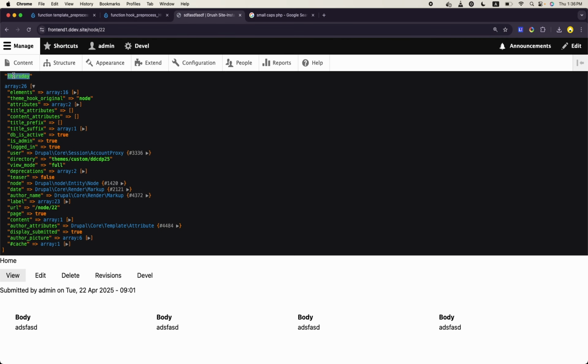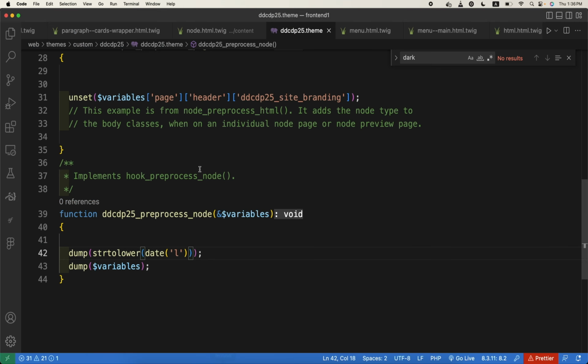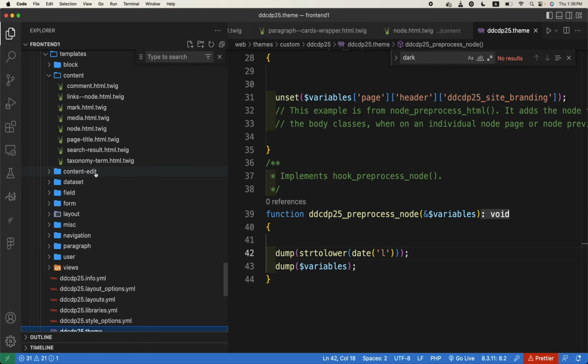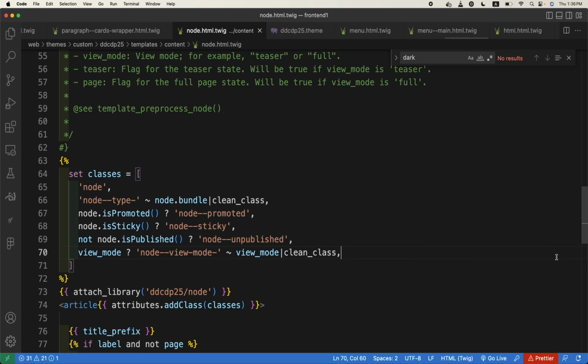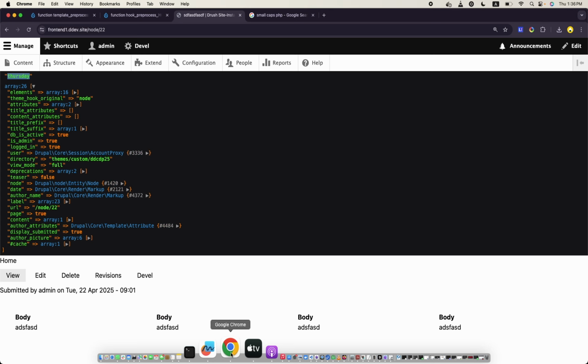Okay, so I now want to add this class to the node. How can I do it now? If I do it in the template node.html.twig file, yes, if I want to add it inside here, I can do it, but it will be hard coded. I want it to be determined automatically based on the day of the week. So here now we have Thursday,